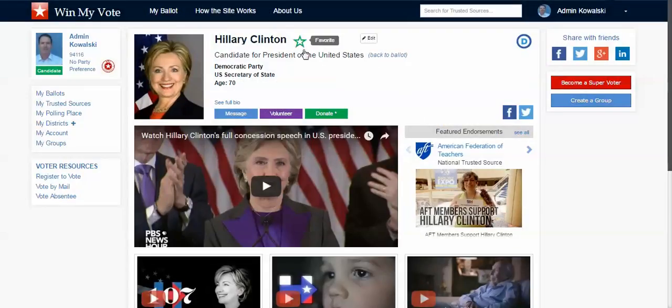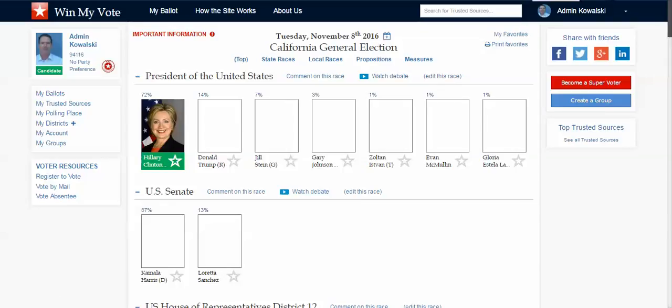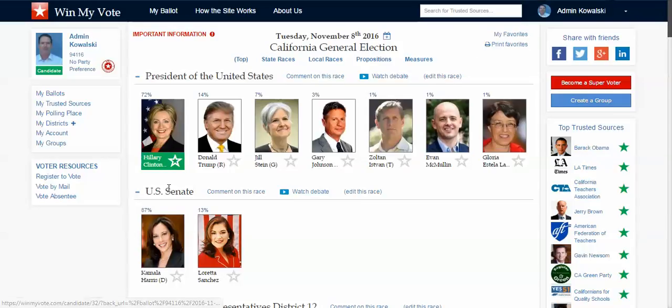And I can say great, and if I decide to go with this candidate, I simply click on the star, and that favorites the candidate. And now when I go back to my ballot, you can see that that candidate is now favorited. The nameplate's turned green. I can also see a percentage of favorites that this candidate has on the ballot. So that helps me out a little bit if I want to get involved in the campaign and I want to share with friends on social media.